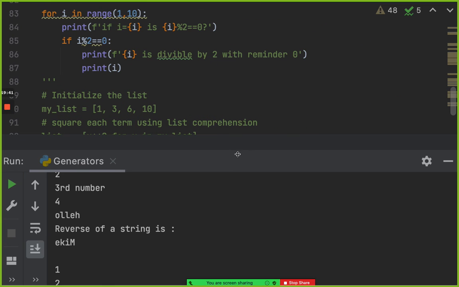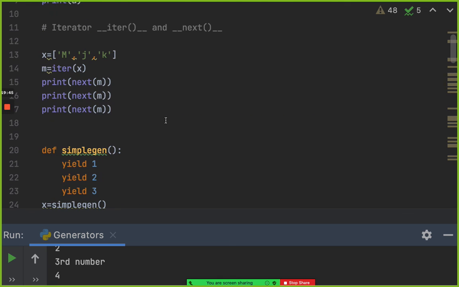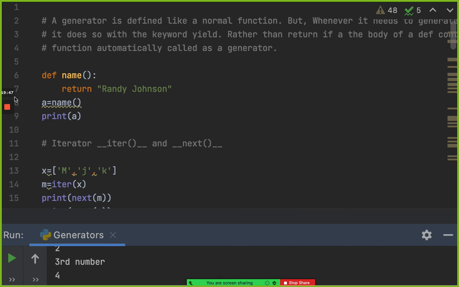Okay. Awesome. So now here, first, this is iterators and generators like we have done. So let me just